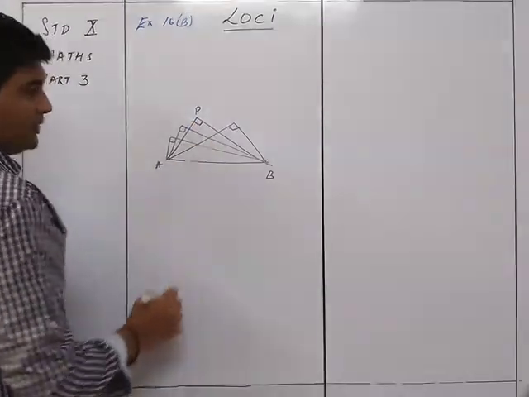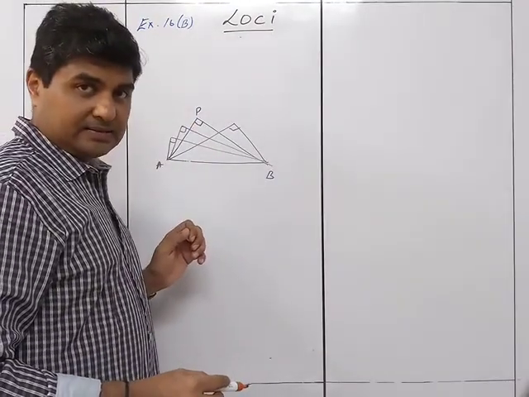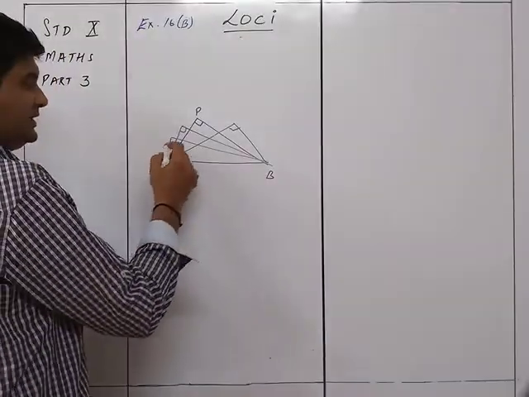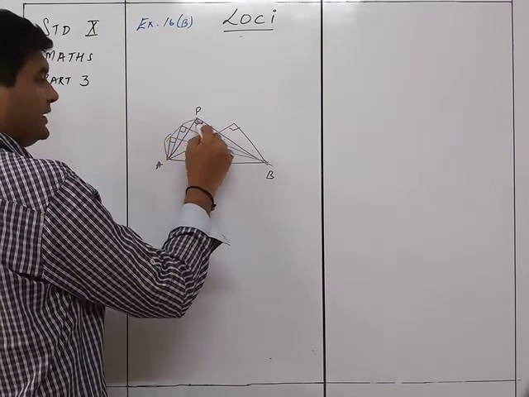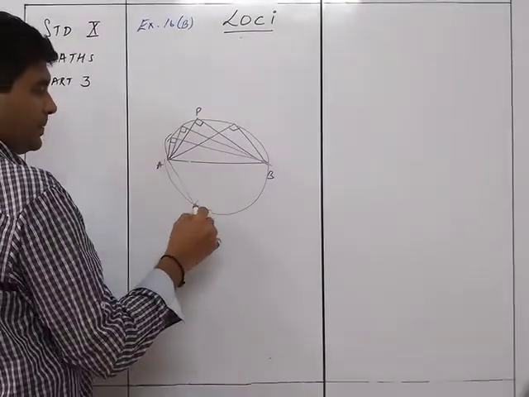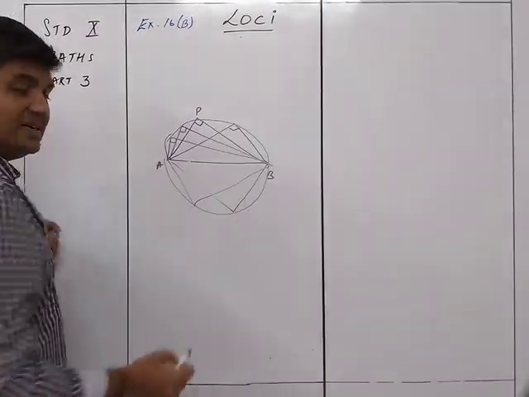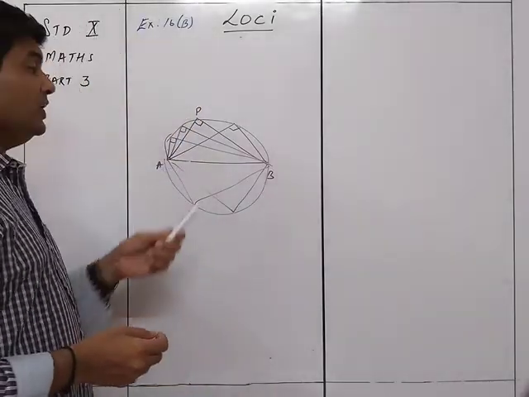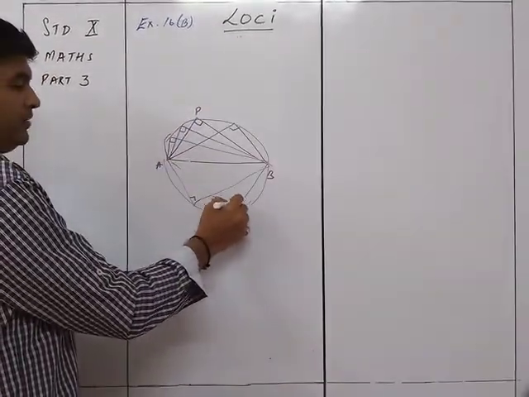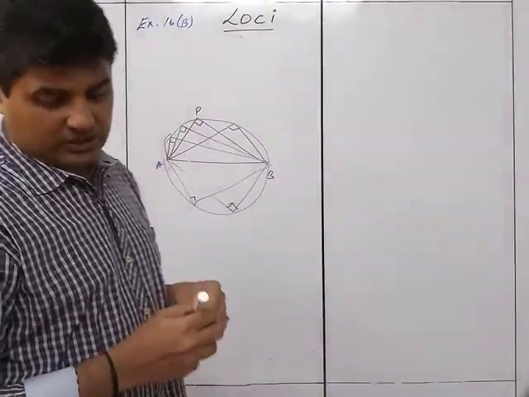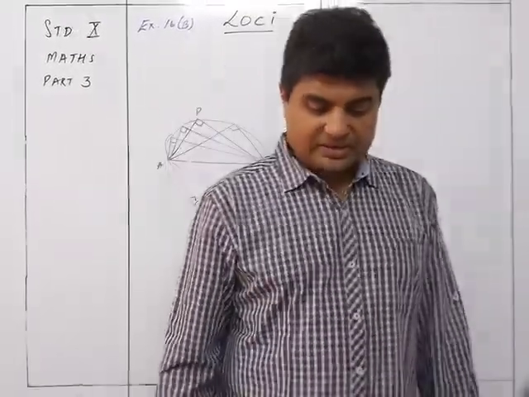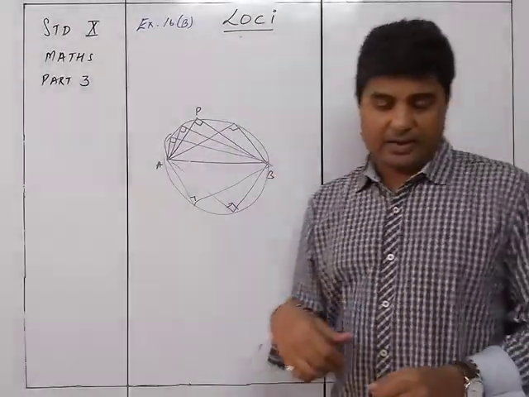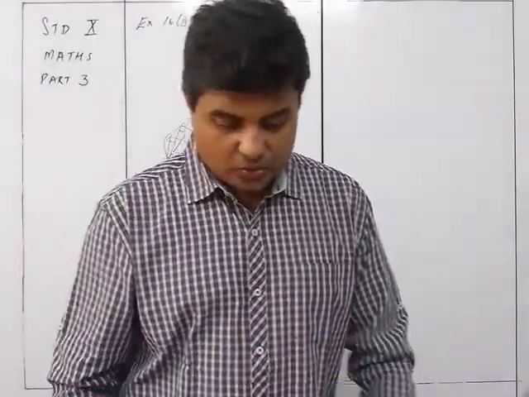Now does anything strike you? Yes. It is the circumference of a circle. Why? Because this is going to be a circle like this, because if you make it here also, it will still make a circle, because angles in a semicircle are 90 degrees. This is what we know over here. So accordingly, you will find that all the points P over here are nothing but the circumference of the circle. So for question number 12, the answer is the circumference of a circle with AB as the diameter.